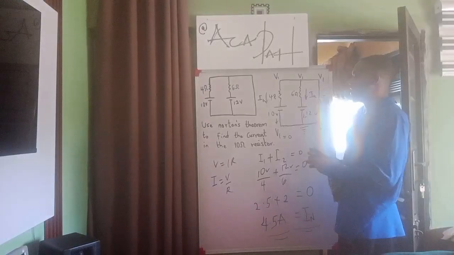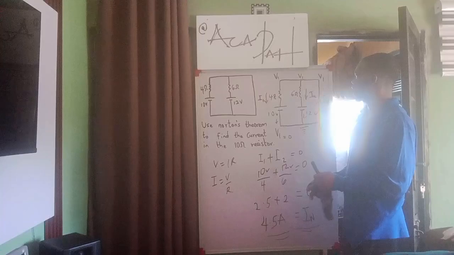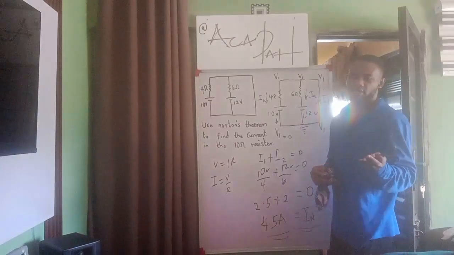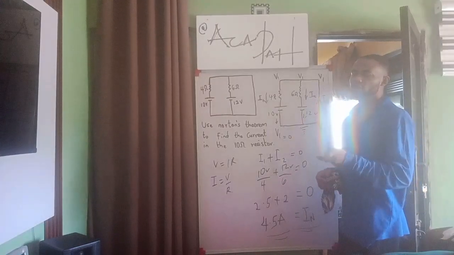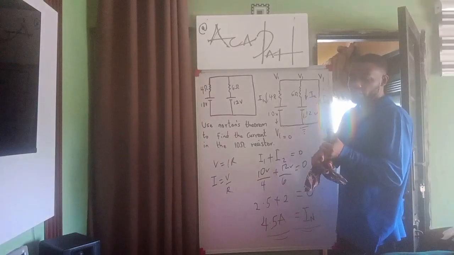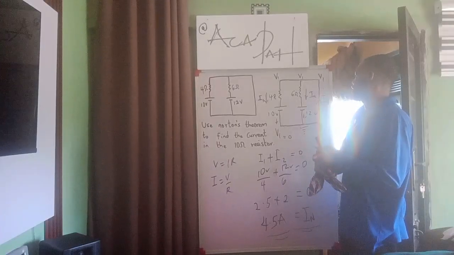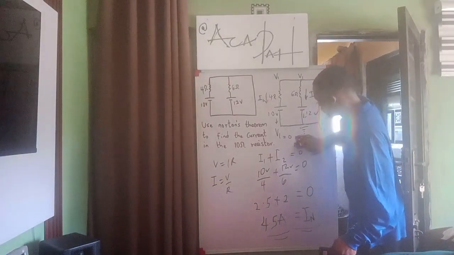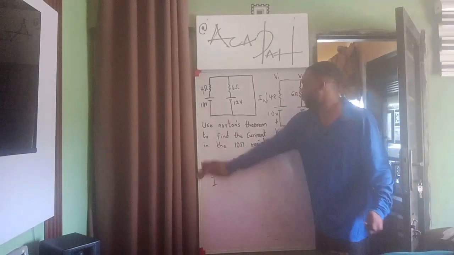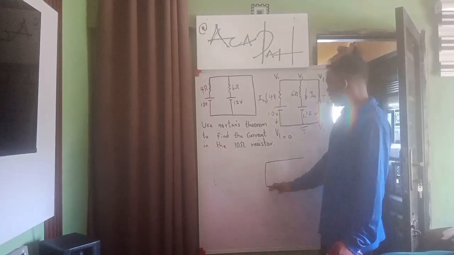That is the Norton's current. So finding current in the 10 ohm resistor is simply going to be just this. And once we've gotten this, we can now apply the final rule of Norton, which is putting the load resistor and then the Norton's current in parallel. So let's analyze this so you see what I'm talking about. So now that I've gotten 4.5, all I'll do is say, using that principle of Norton, we now have